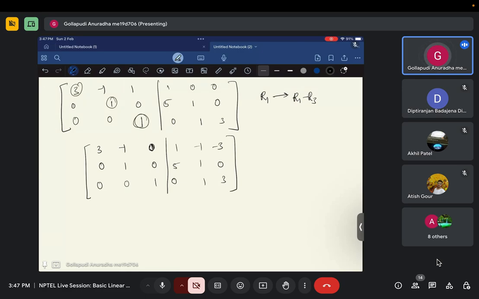Now I want to make all these columns above this pivot as 0. So if we are going with R1 as R1 minus R3, then we are going to get this matrix. So this column is sorted. Now I have one value here and one here. Now I want to make this as 0. So for this, if I am making R1 as R1 plus R2, then